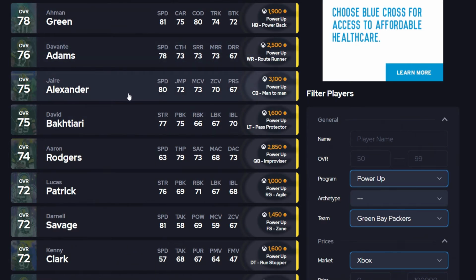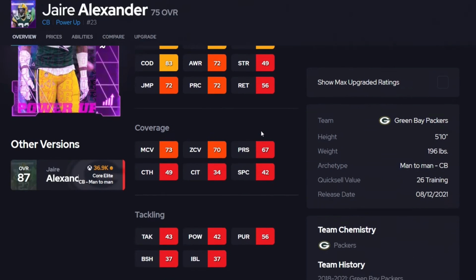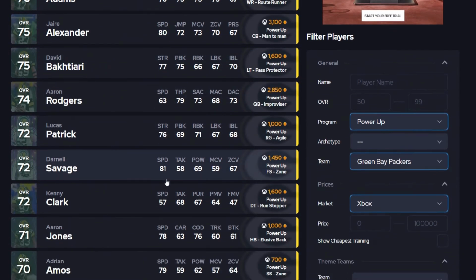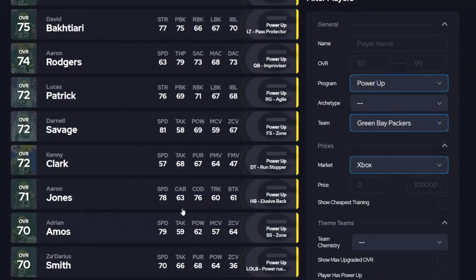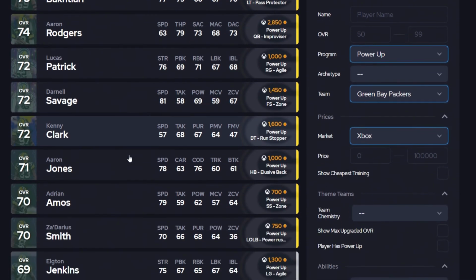Jaire Alexander, obviously this guy has to be a defensive player, so Jaire only has an 87. If we go back to the image here, it looks like a bigger guy, if that makes sense. Maybe a linebacker. Kenny Clark, does he have a card? He only has an 84. Kenny Clark makes some sense there. We have been getting a lot of D tackles, but Kenny Clark won't surprise me. So Jaire, Kenny Clark,